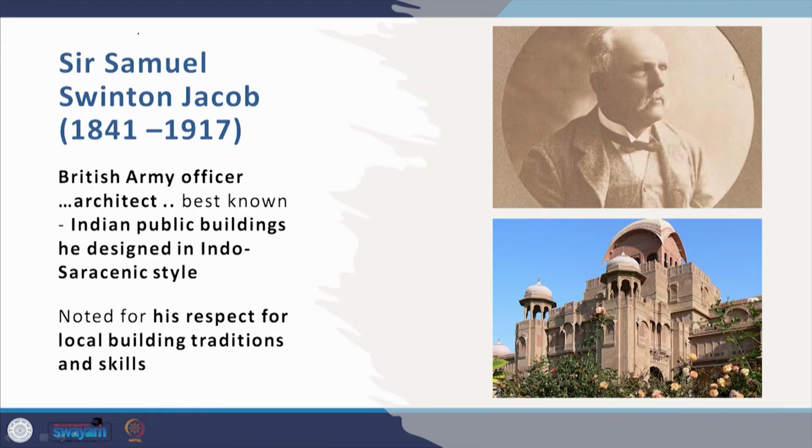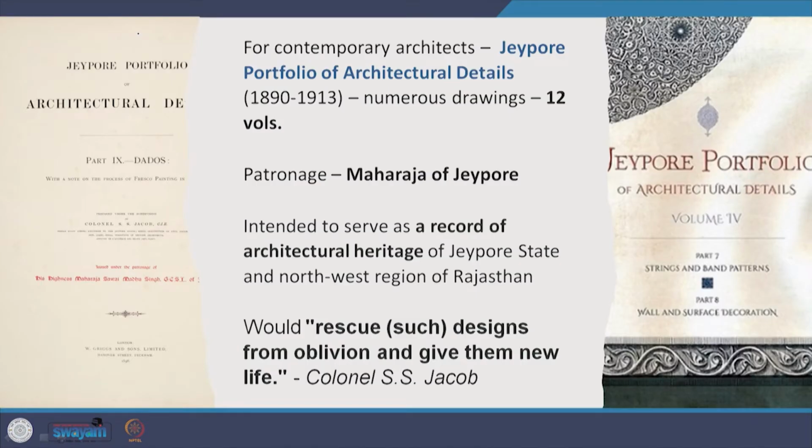One of the very important people behind the growth of the Indo-Saracenic movement is Samuel Swinton Jacob. He lived from 1841 to 1917, a British Army officer and an architect who was best known for Indian public buildings done in the Indo-Saracenic style, and he had great respect for the local building traditions and skills of India. And he was commissioned by the Maharaja of Jaipur